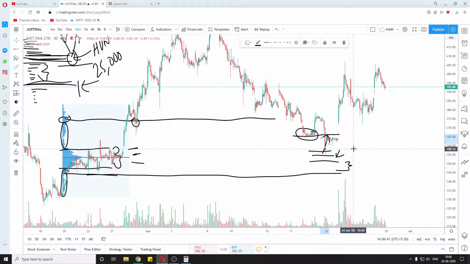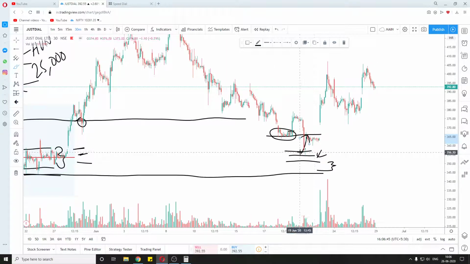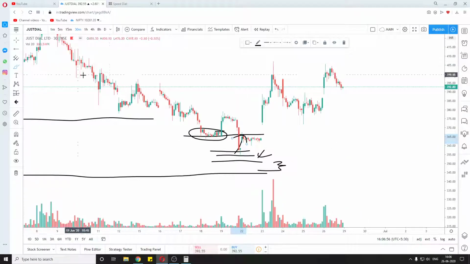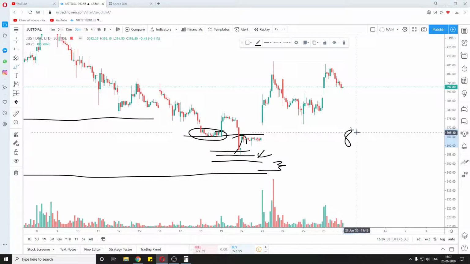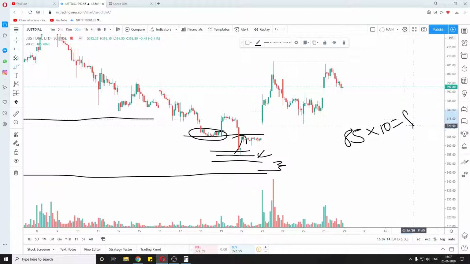So this was our trade setup, that we place 2 to 3 buy orders here, and we put a stop loss 10 rupees below, and our target becomes 10 rupees up. And if we are trading with, let's say, 30,000 rupees and we bought at 355, then we have 85 shares. So if we lose, let's say if we lose 10 rupees, then we are losing 850 rupees.